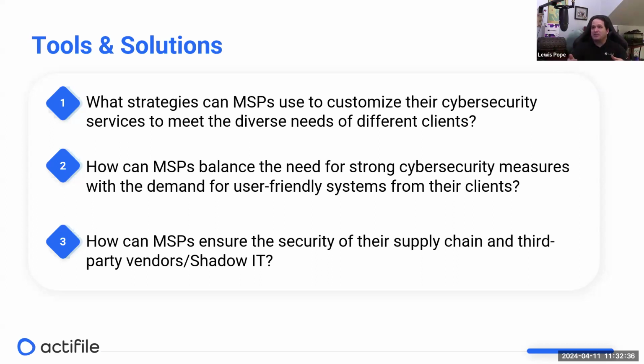So for MSPs, there is a way and a path for you to build out your framework, your standards, your processes, your procedures, and have those as a baseline for all of your clients across the board, regardless of their industry. And then it makes it really easy for you to tailor for just those individual little differences that might exist in the clients.